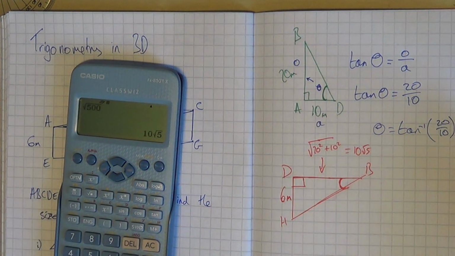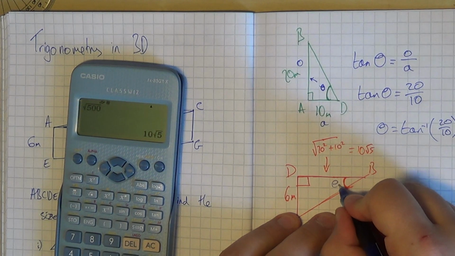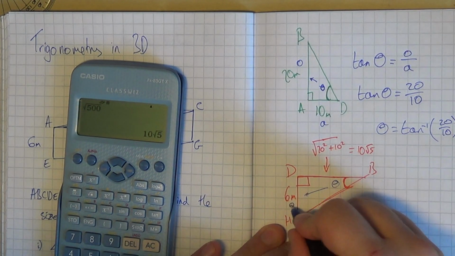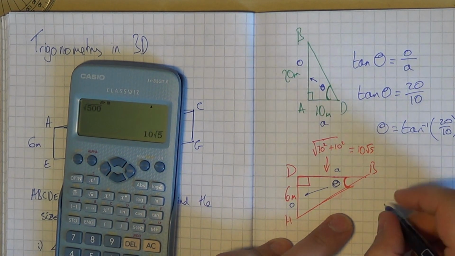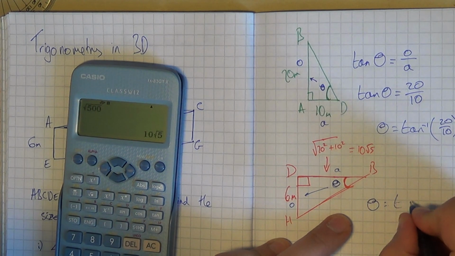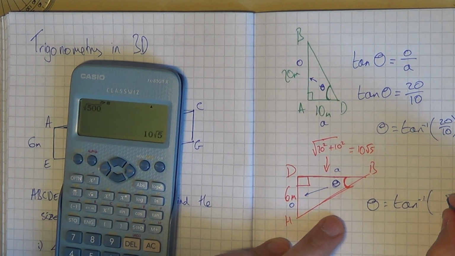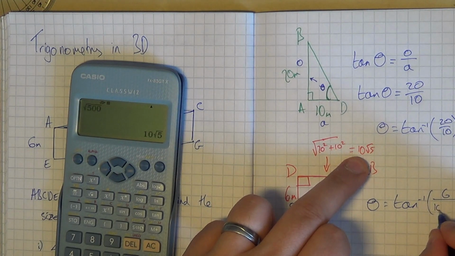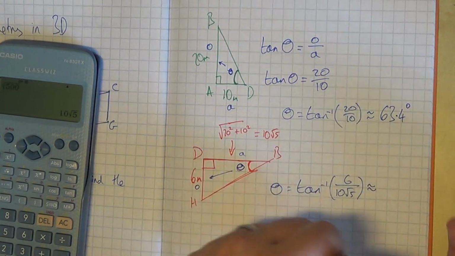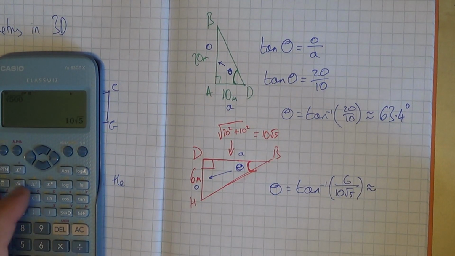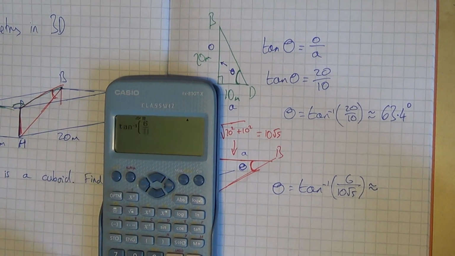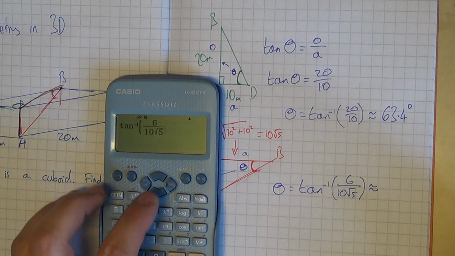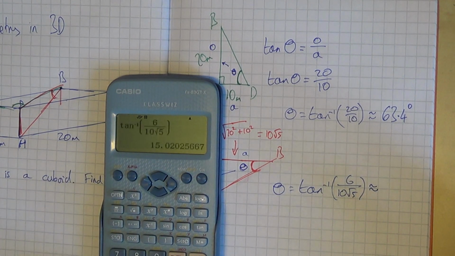So, what have we got? We've got angle theta, we've got the opposite and the adjacent again, which means it's going to be tan again. I'm going to skip to the end to save you some time. So theta is the inverse tan of opposite, which is 6, over this adjacent, which is 10 root 5s. Your calculator can do the hard work for you. Type that in and away we go. So shift tan fraction 6 over 10 root 5s. Close the bracket, job done, and we get roughly